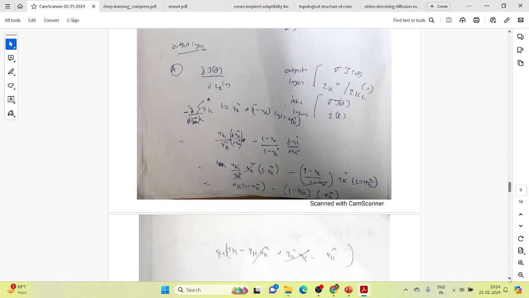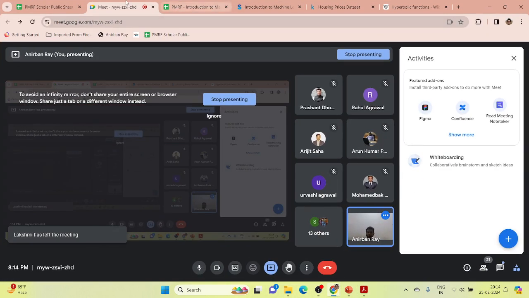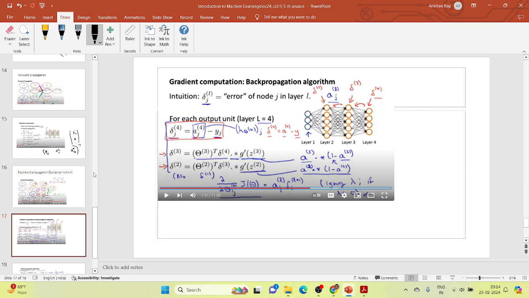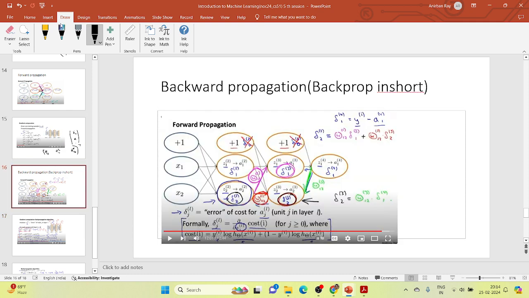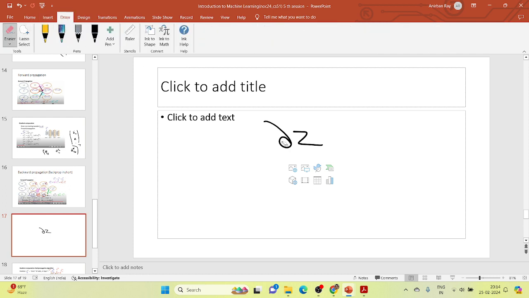So first is the loss. Let me write it down. Okay, so the backpropagation algorithm. The first is the loss in the last layer, loss or error, whatever you say. Del J theta. It is represented as